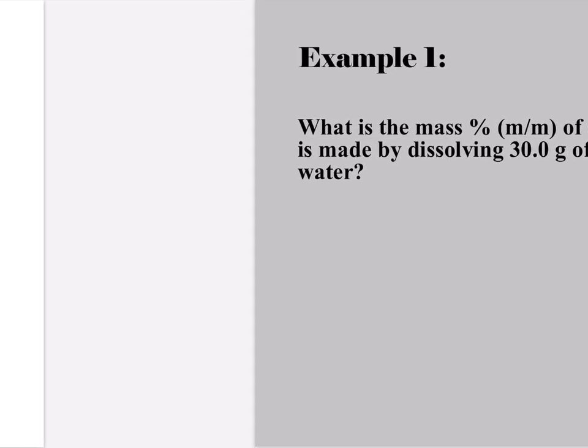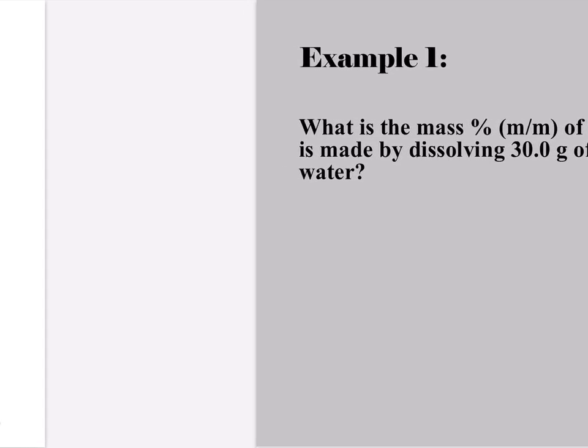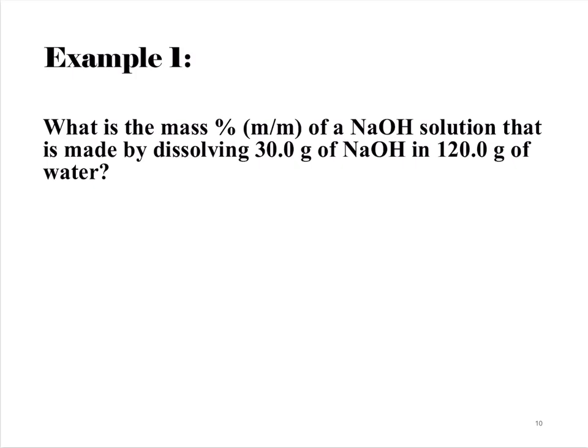Okay, any questions on any of these concentrations? All right, so here we have a problem. It says, what is the mass percent concentration of sodium hydroxide solution that is made by dissolving 30.0 grams of sodium hydroxide in 120 grams of water, right? So this is a mass to mass concentration problem. So you're trying to find the mass concentration, right? This is what we want. We want the mass percentage concentration,